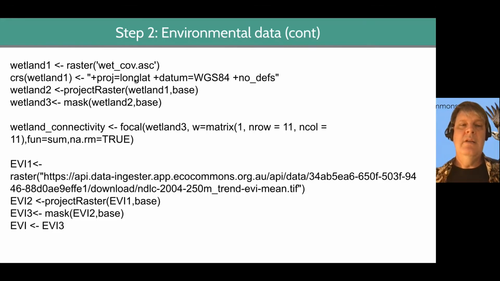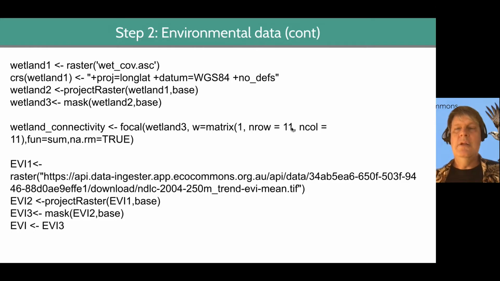So wetland 3 gives us the percent cover of wetland in each grid cell. And then we're going to sum all of the variables within an 11 by 11 grid around that central grid cell. So you've got to have an odd number here because